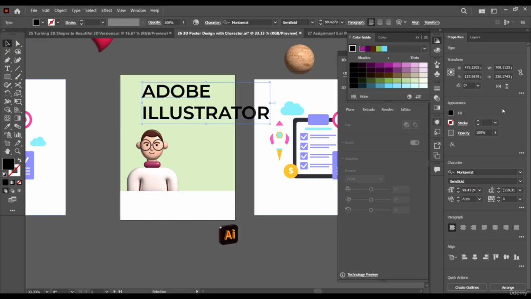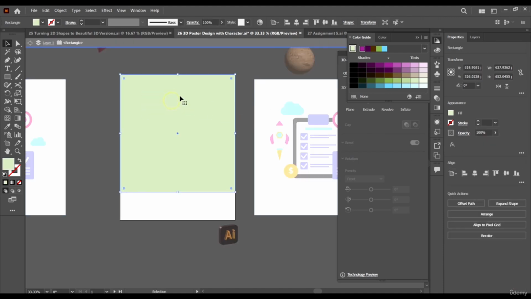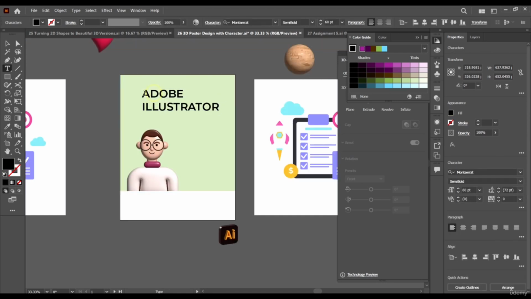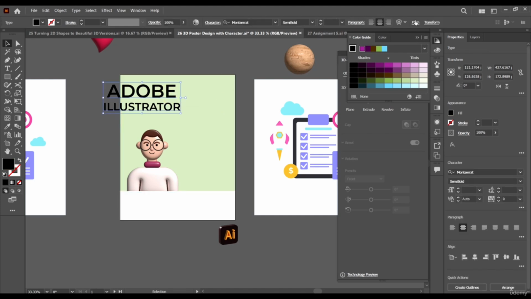Okay, and then come here, reduce the size of our type, make Adobe bigger. Okay, increase the size of Adobe, then kind of centralize the whole thing and align it. Come here or come here, come and align it to the middle,